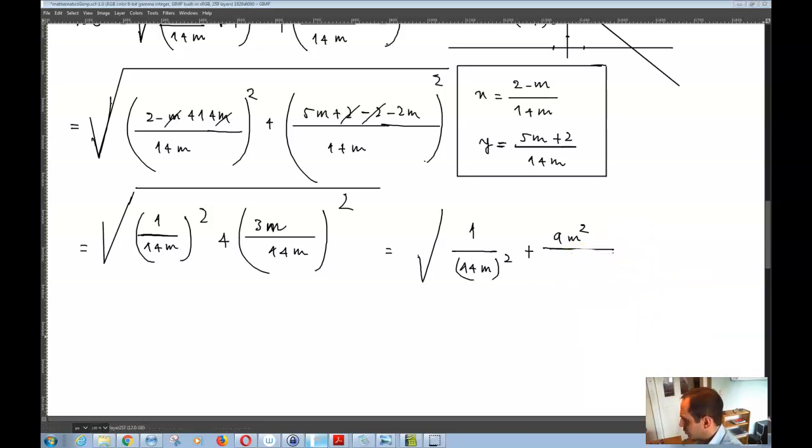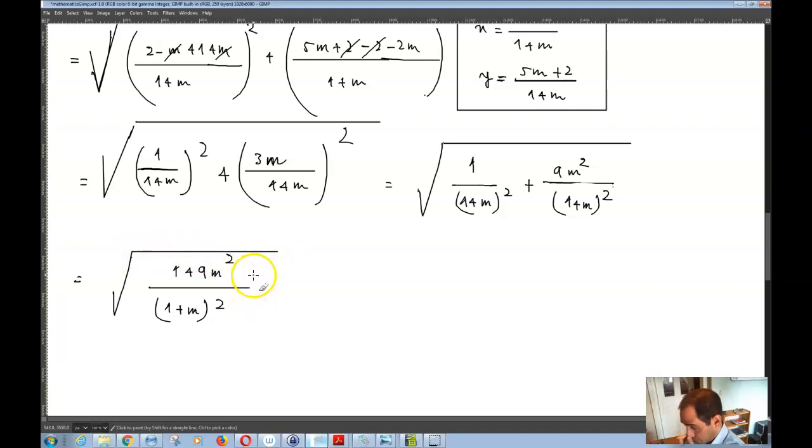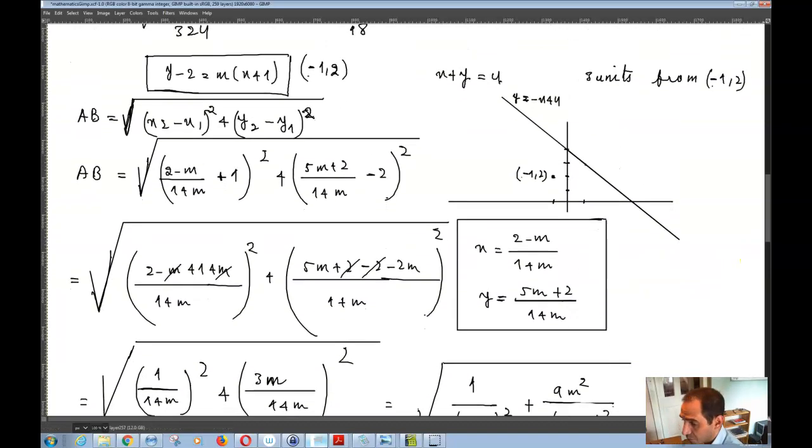1 plus m whole squared, and then you can write this as basically the square root of 1 plus m whole squared, 1 plus 9m squared, which is basically a squared. There is some way to simplify this, but